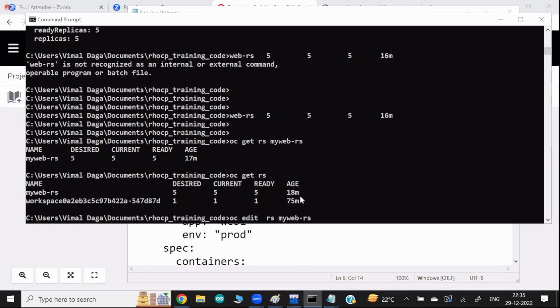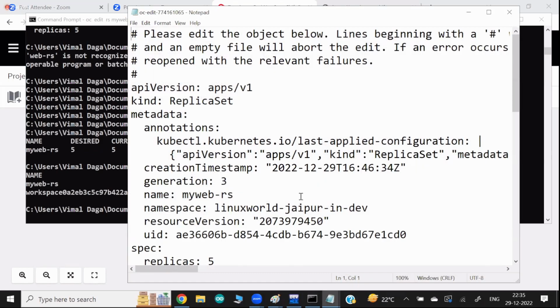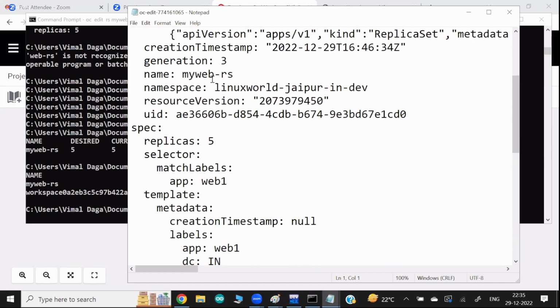Means when I hit enter, your code will automatically open in one of your text editors. Like in Windows, the text editor is Notepad. In Linux, it might open vi, the vi command. If you know the vi command in Linux, it shows the live status of the cluster. An interesting thing is, now if you change something, let's say 5 to 7,